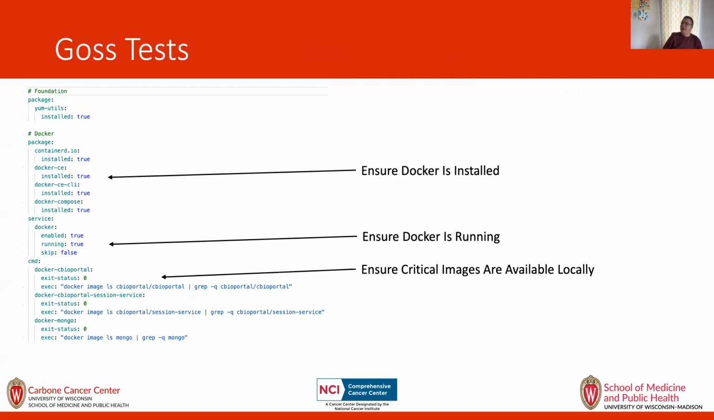And then this is an example of a GOSS test that we run. Again, it's a YAML file. And here we're checking to make sure that Docker got installed. We're checking to make sure that the Docker service is running. And then we're also checking to make sure that some critical images that we need to be running have gotten pulled down, because in our compliant environment, we're very strict on outbound network rules. So we don't want to be doing Docker pulls